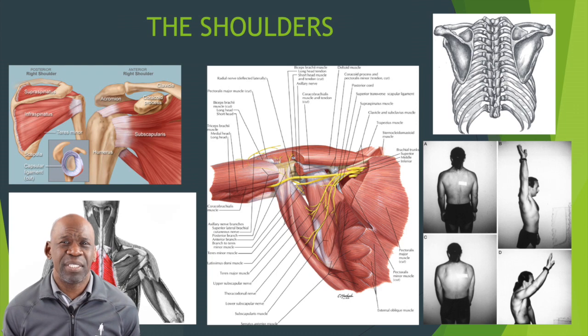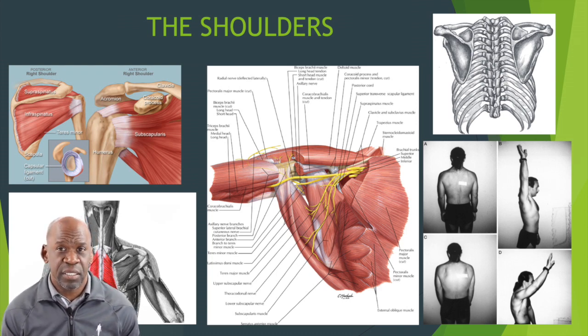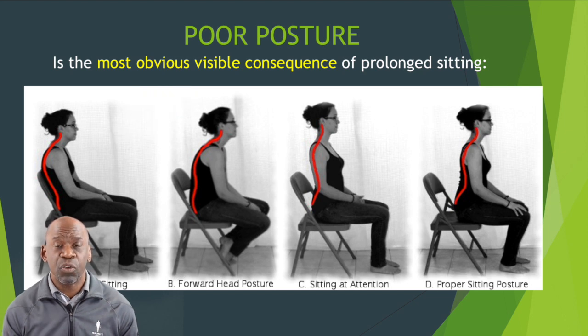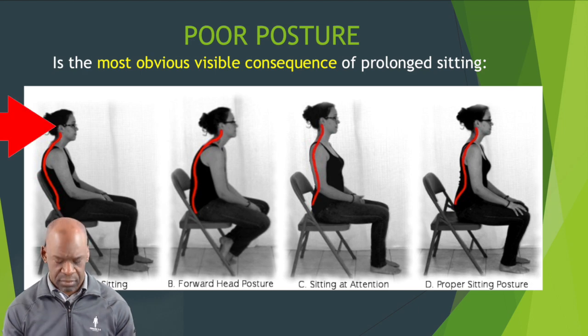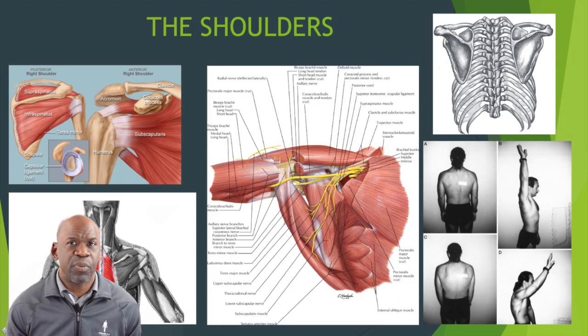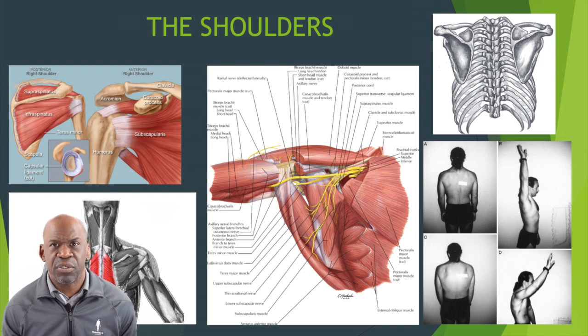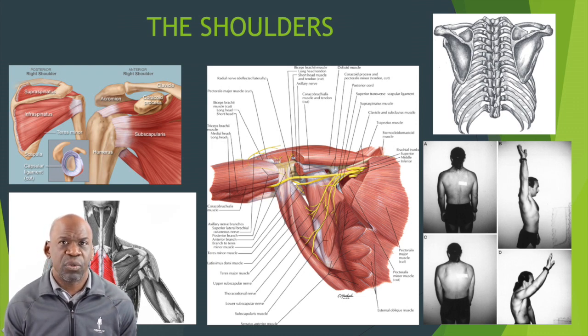So what does this have to do with sitting? Well, recall that with prolonged sitting, people tend to sit in a slumped posture. Their shoulders tend to be protracted and elevated, and their cervical spine tends to be forward flexed. Therefore, it should come as no surprise that this sitting position is often associated with an increase in shoulder pain symptoms.